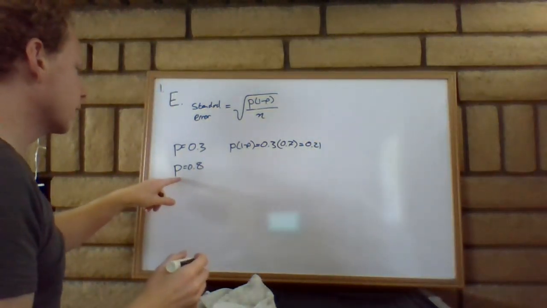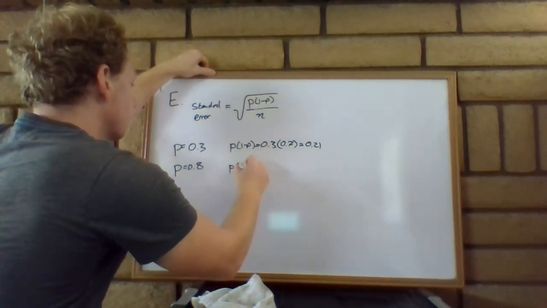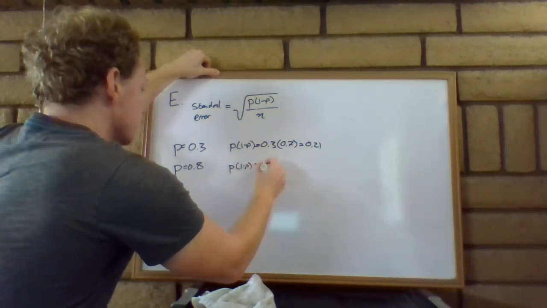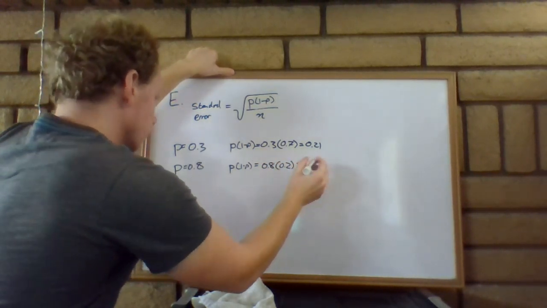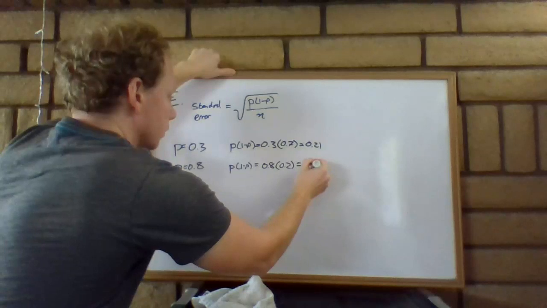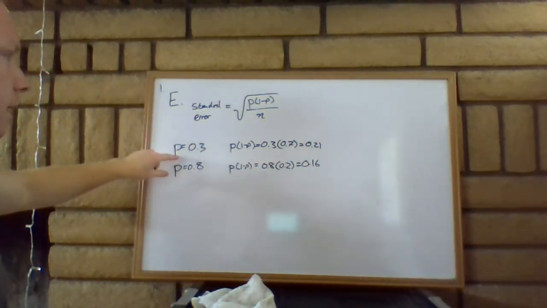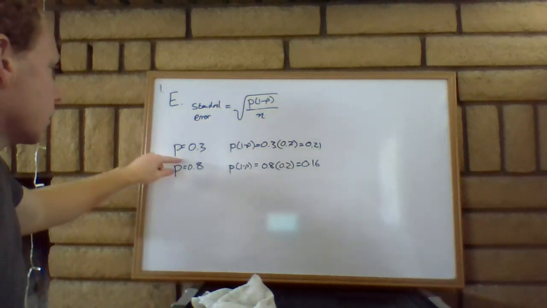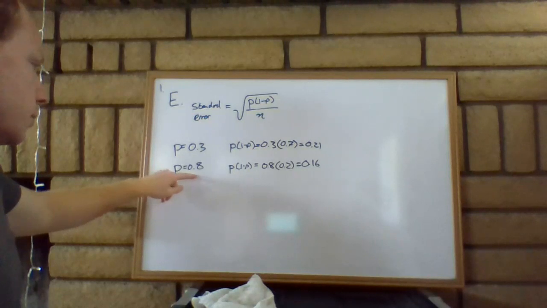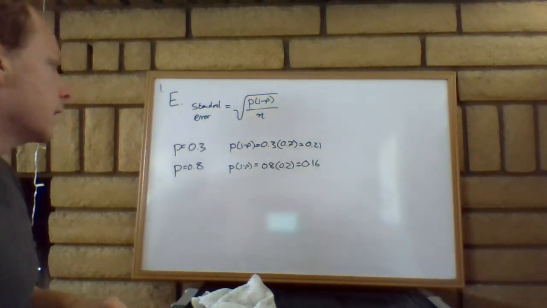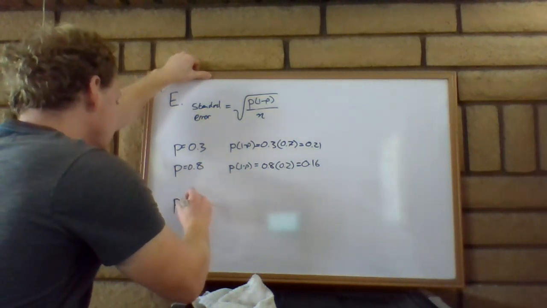Now let's look at p equals 0.8. P times 1 minus p equals 0.8 times 0.2. That equals 0.16. All right, so as we can see, there's a larger standard error when p equals 0.3 than when p equals 0.8. Now the reason for that is that the largest standard error you can have is when p equals